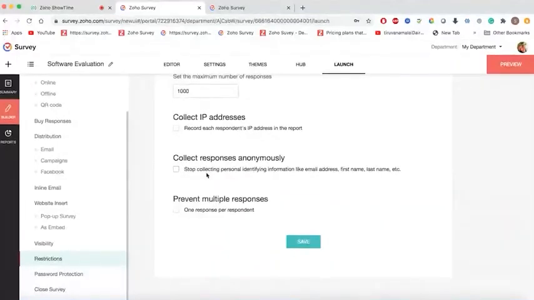And you can stop collecting personal identifications like email address. So this can be enabled if you wish to have your survey anonymous, so that you don't want to know anything about the survey respondents. So this could be used, let's say, for 360-degree feedback surveys where you want to know about your colleagues, like what they do and how is the rating performances. So to make sure you don't reveal about yourself as a respondent, you can collect the responses anonymously